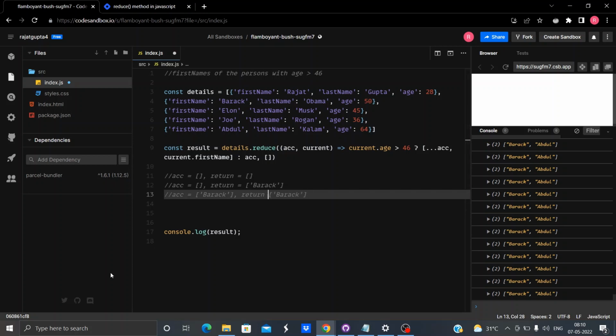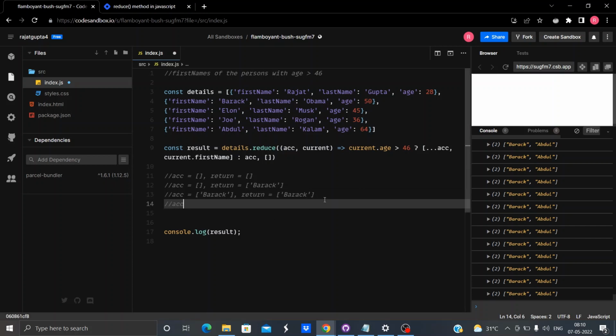Again, in the next iteration, accumulator will be the value returned by the previous iteration, as it must be etched in your memory by now. Current is this. Is current dot age greater than 46? No, it's not. So return accumulator as it is.